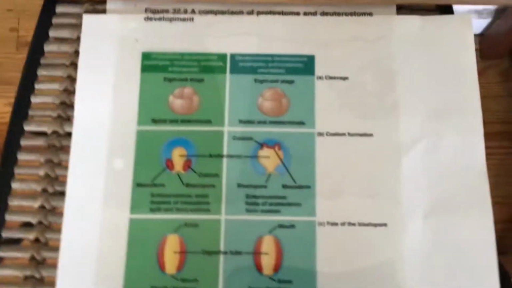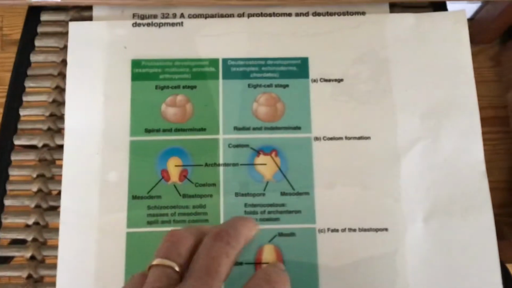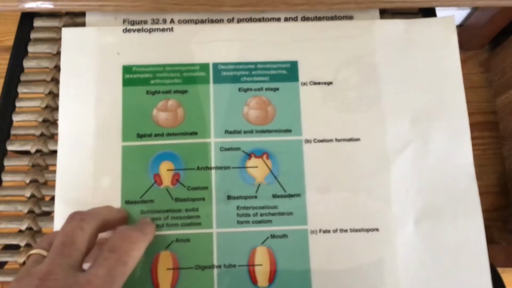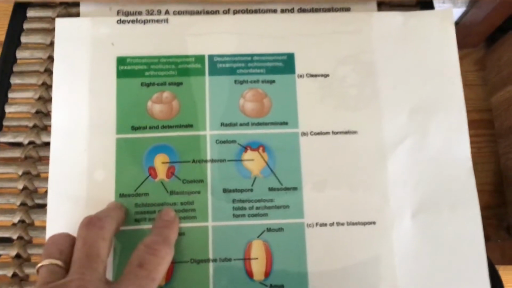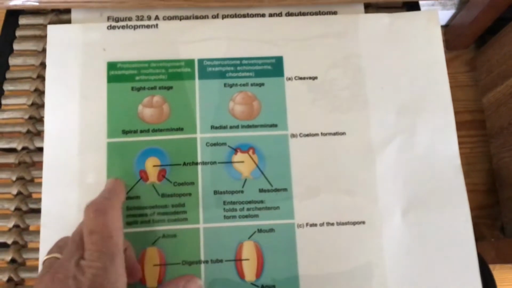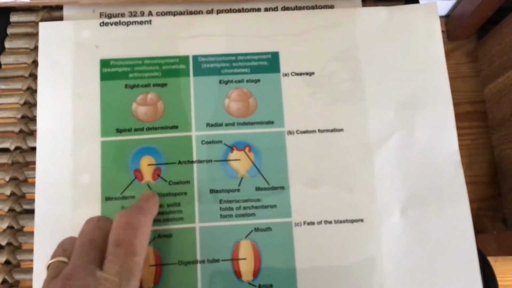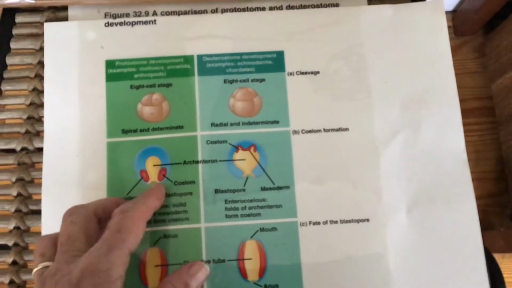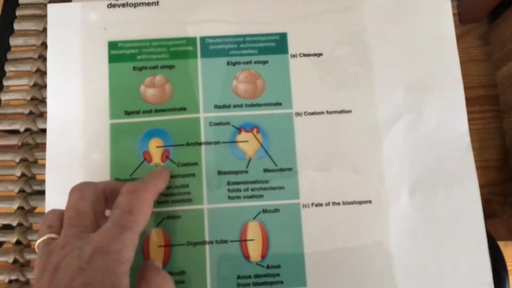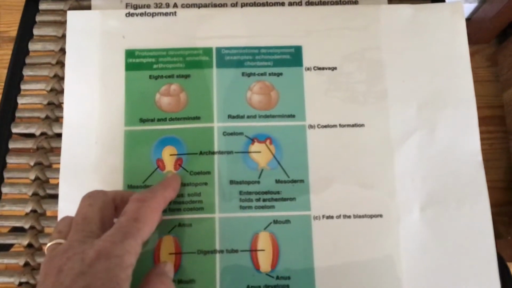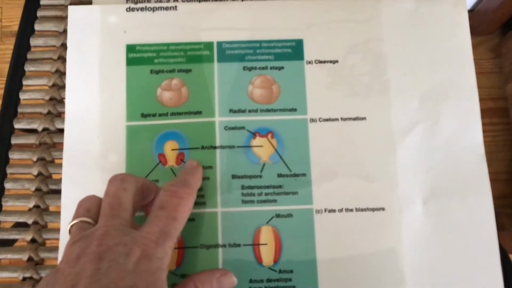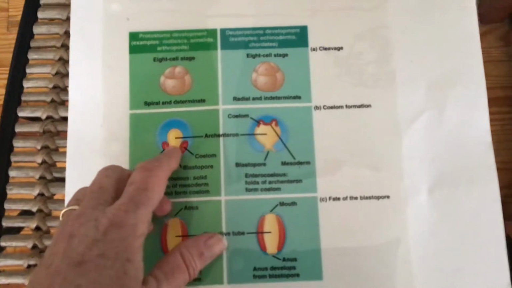The second thing that is part of this is what they call coelom formation. Okay, so how did the coelom form? So you have the schizocoelous, which is the protostomes, and what happens there is, so remember the blastula, which is the ball of cells, and then you have the gastrulation forming, that is the pushing in of this blastopore. So remember, I already talked about the thumb pushing in. Then you have the mesoderm forming, and what happens here is that the coelom, which is the cavity in between the mesoderm